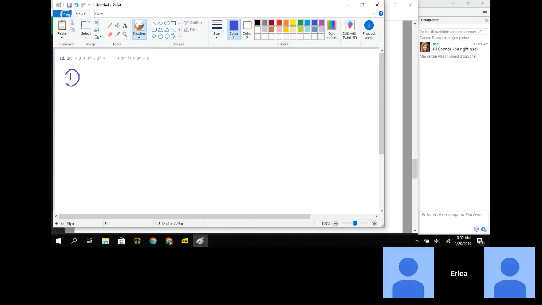The first step is the easier step. The first step is that we need to show that P sub 1 is true. What is P sub 1? P sub 1 is when you take all this other stuff away and you just have your first term, so it's 2 times 1. So P sub 1 should equal 2, which should equal this side of my equation, 3 to the first power minus 1. So 2 should equal 3 minus 1, which equals 2. So P sub 1 checks out. We like that, right?